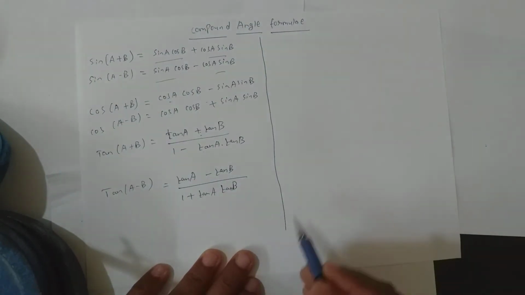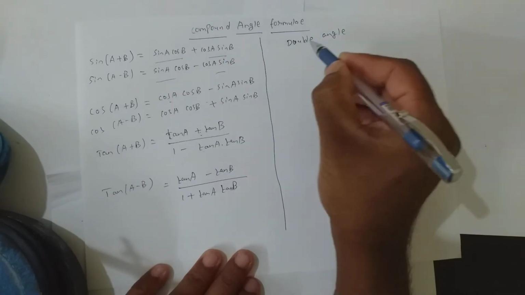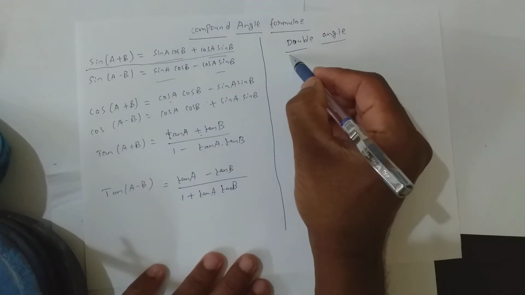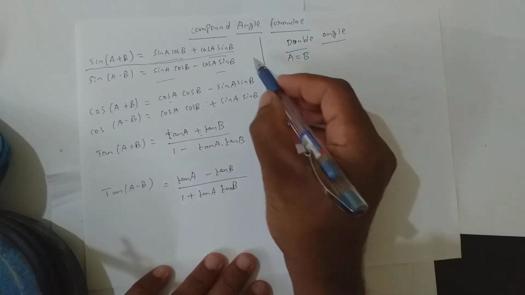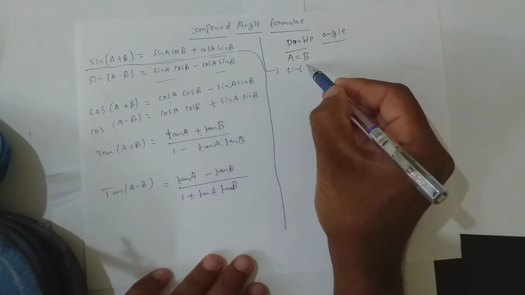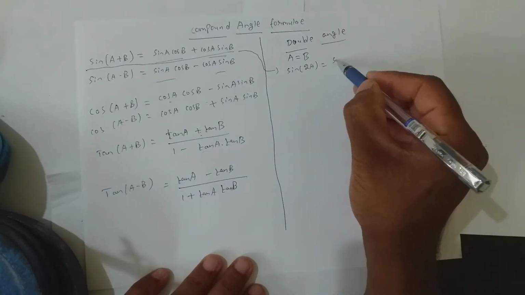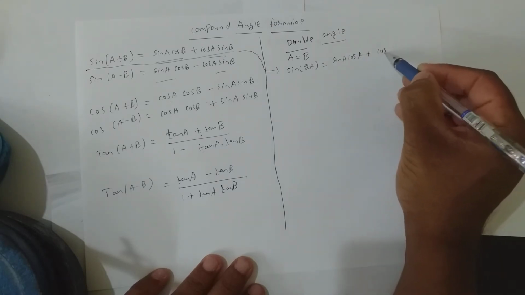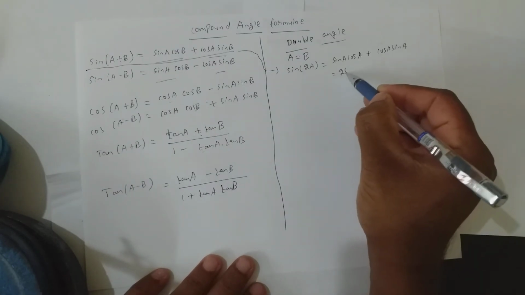Now, let us look at the double angle formula. What do I mean by double angle? Here, in this formula, in place of A, or else just say A is nothing but B, then what change will happen to this formula? It becomes sin(A + A), 2A it becomes, equal to sin A into cos A. B is also nothing but A, so I am writing plus cos A into sin A. So how much will this result in? 2 sin A cos A.